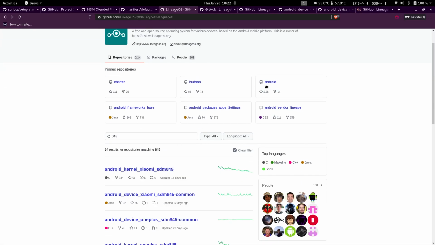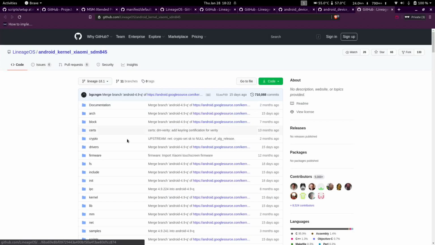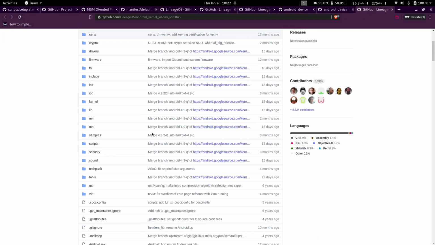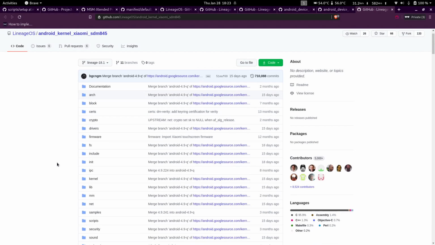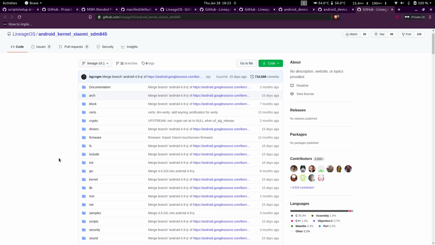Yeah, so basically the kernel tree contains the whole source code of the kernel that ships with the device. The OEMs have to release the source code of the kernel for that device, since the Linux kernel is licensed under GPL. So this you will directly get from the manufacturer. And yeah, so once you have your device trees, common trees and kernel trees, you need something called vendor trees.